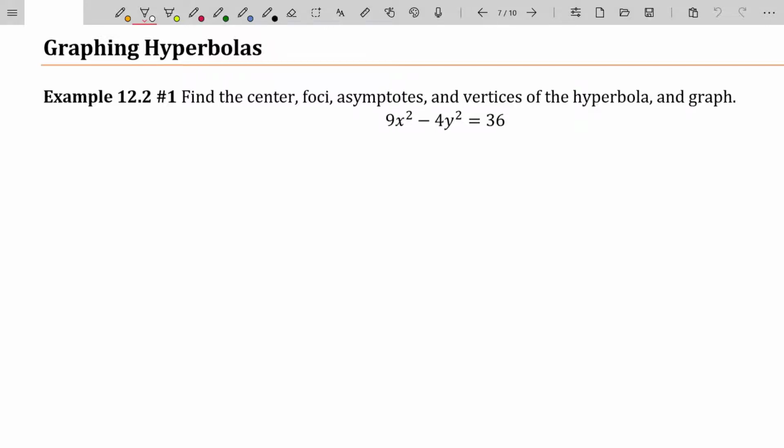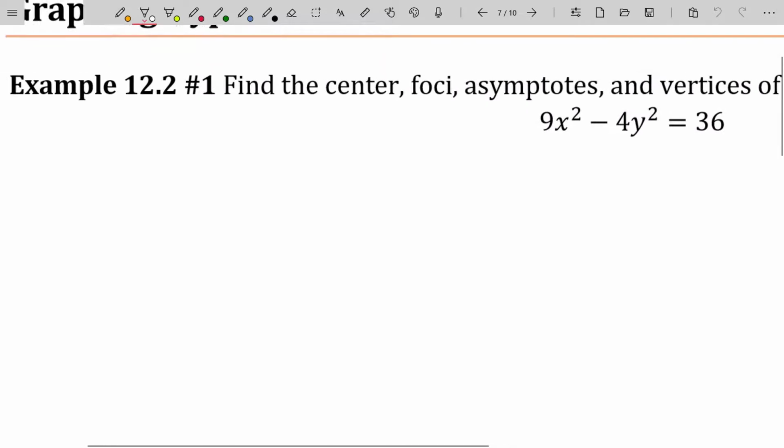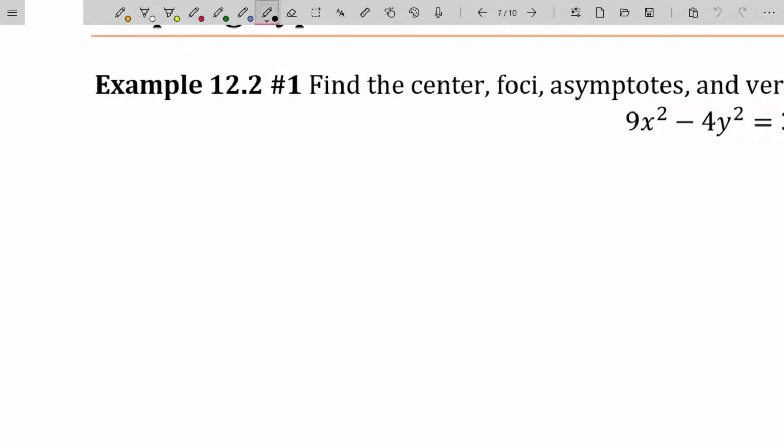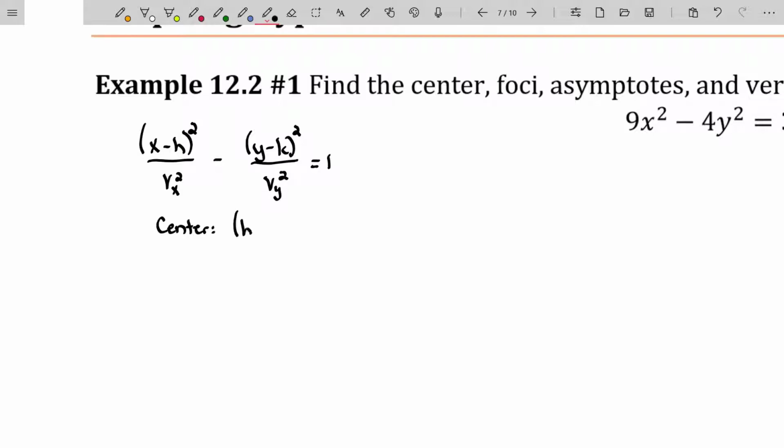Now recall, the standard form for a hyperbola, there's two of them. One would be (x minus h) squared over v sub x squared minus (y minus k) squared over v sub y squared is equal to 1. And the other one is the same, but with the x and y terms swapped. So we know that the center would be at (h, k),